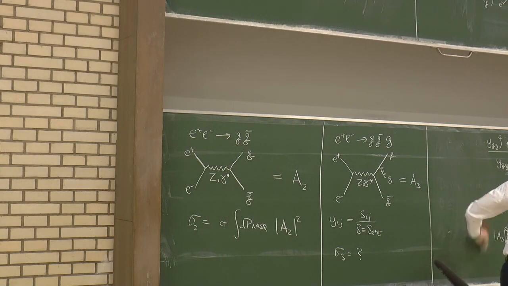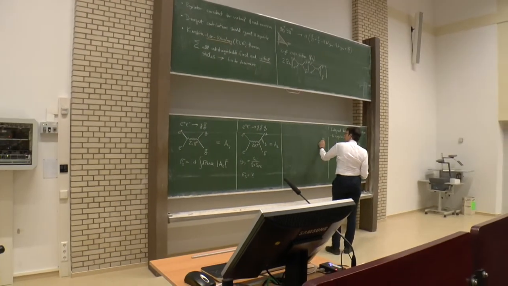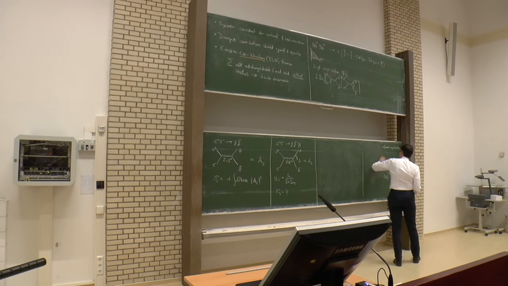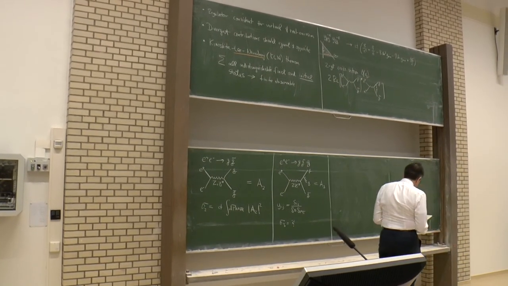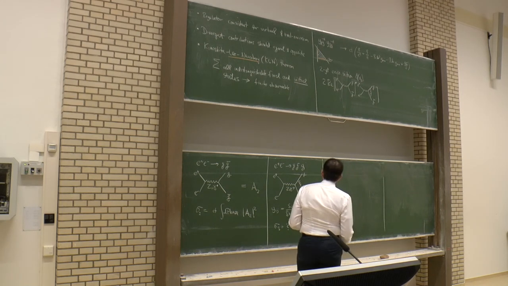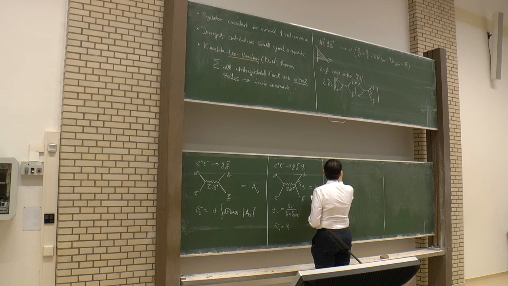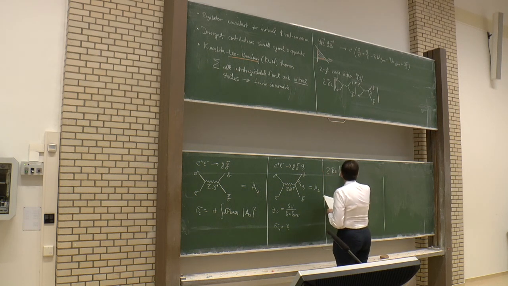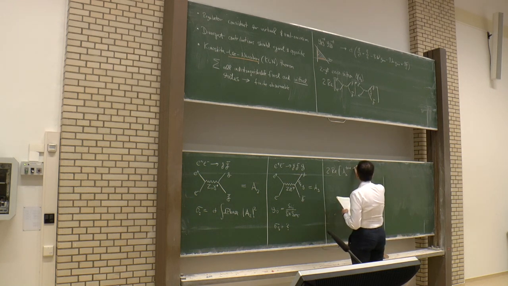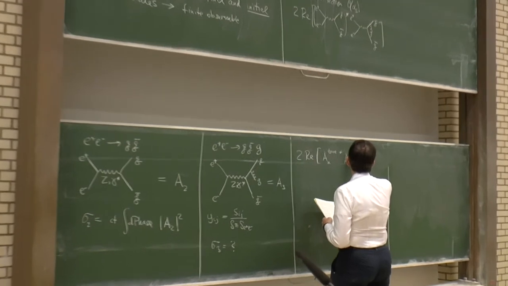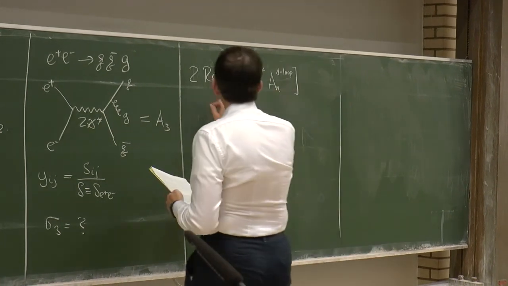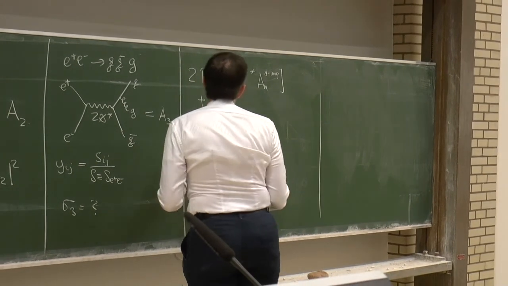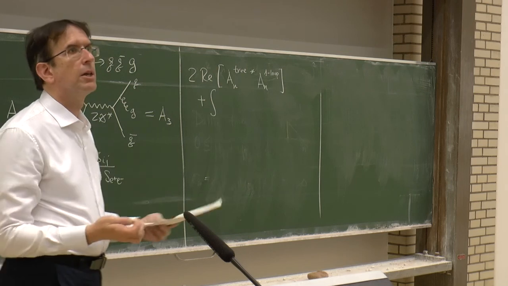Those two pictures up. So we need to find certain universality properties. And what we're looking for is something where we have twice the real part. So now let's think about some endpoint process rather than integrating over everything. We're going to look at some n-jet process in some fully differential way. And so then there's the virtual contributions, which are going to look like this. And then we're going to do a certain integral. But instead of doing it over the entire phase space, we're only going to do it over these